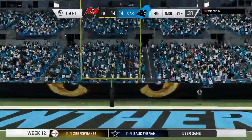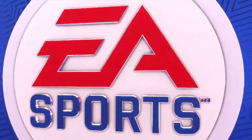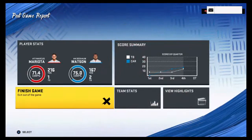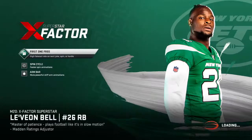And the kick is good. Graham Gano connects as time expires, and the Panthers have won the football game. Well, a little drama there at the end, but really this thing was...